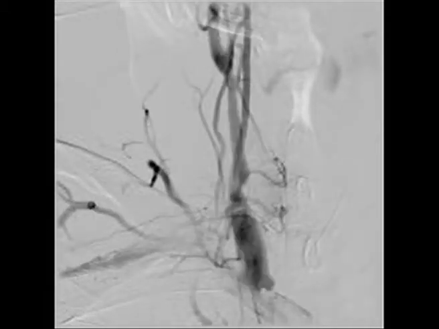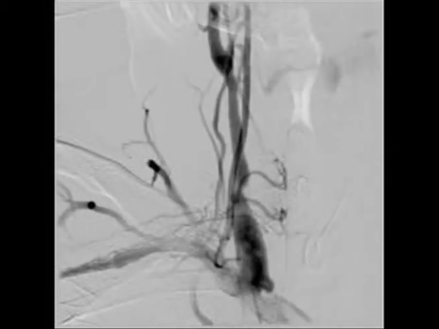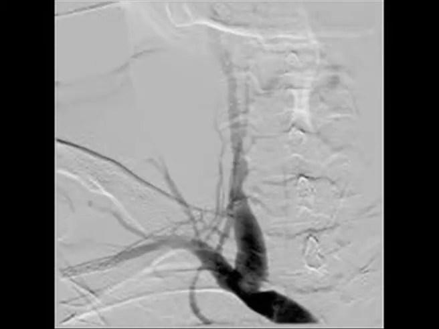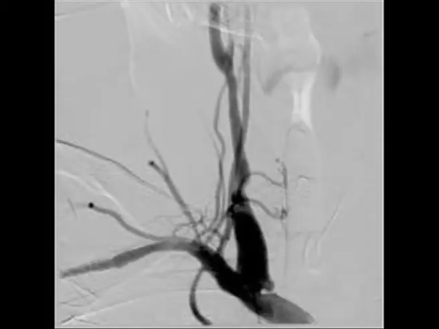And this is very interesting. Many a times, like we discussed in the previous case, the results become better over a period of time in a case of Takayasu arthritis. It's a very interesting phenomenon. What we are going to do today is the angioplasty of the left common carotid artery, which shows a very tight string-like lesion from the ostium of the left common carotid artery to its bifurcation.